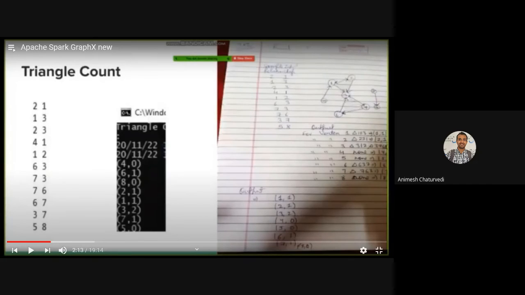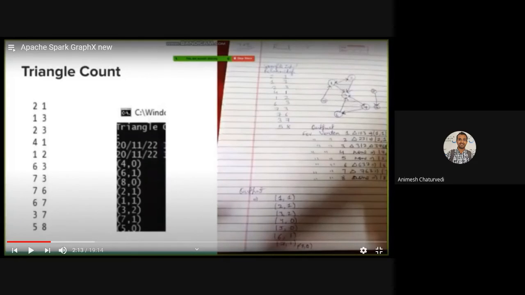So a large graph could be represented like this, and this graph information can go inside the graphics-like tool, which can process it with different algorithms like triangle count, and PageRank could be analyzed. There are many other algorithms from graph theory, like connected components, that could be used, and then you can identify results.